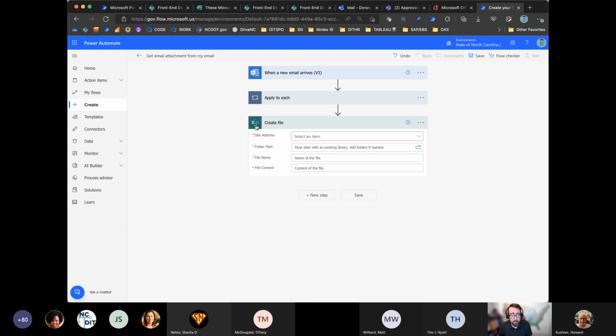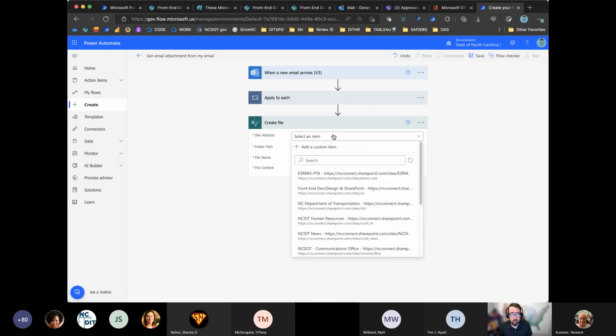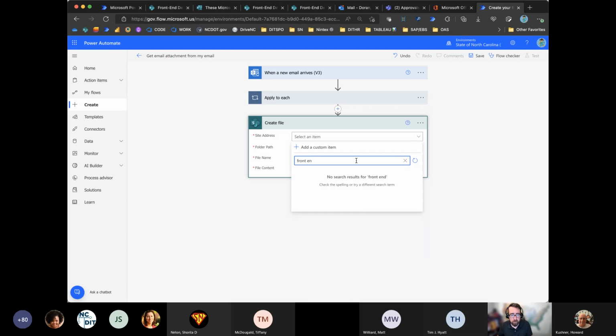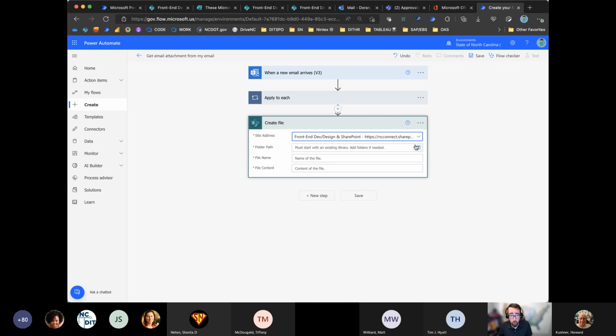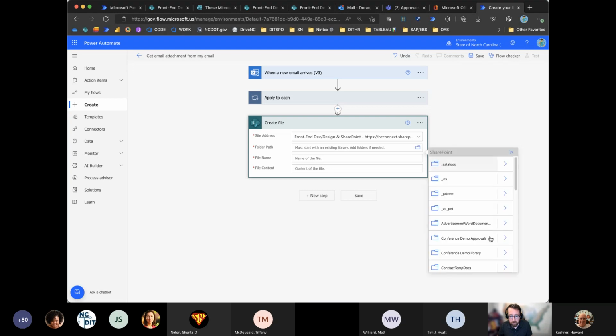The SharePoint one's pretty powerful. With all these connectors, it'll ask you for the name of the SharePoint site, and what folder to put it in. This is going into Conference Demo Library.